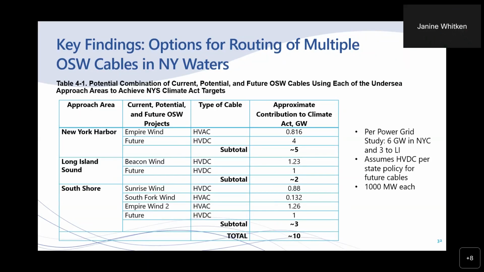Thanks, Janine. This table, which is presented in the draft assessment report, provides one illustrative scenario for achieving delivery of at least 9 gigawatts with 6 gigawatts into New York City and 3 gigawatts into Long Island. Additional cables may be physically accommodated through some areas, which will be important to consider for potential future targets beyond 9 gigawatts. However, the current scenario reflects inputs during our analysis, including concerns for potential impacts to sensitive resources in